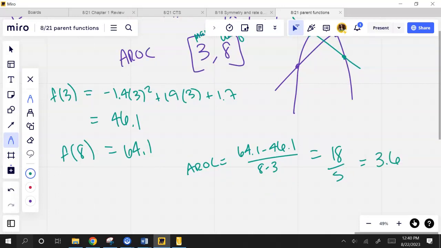Degrees per month. You're always going to have a per because average rate of change is a rate. It's a rate of change. You could even do 3.6 degrees per